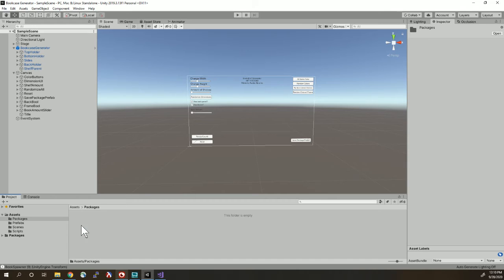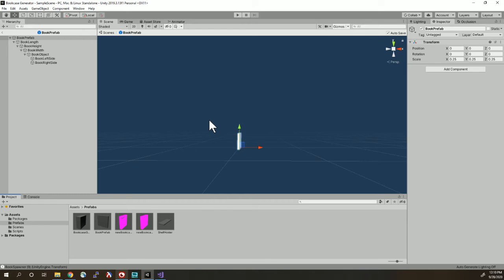Let's see, the packages? Nope, packages aren't here yet. So let's see. We went through that. Let's look at the prefabs. So we can look at the book, which